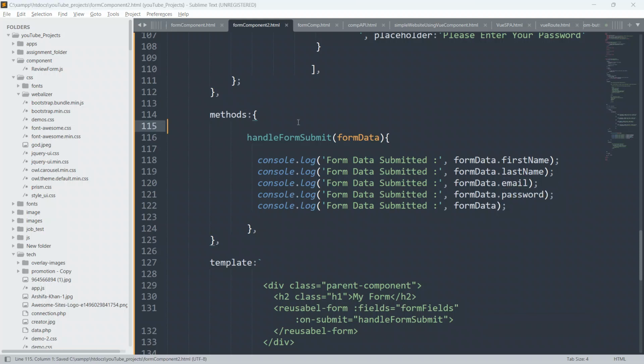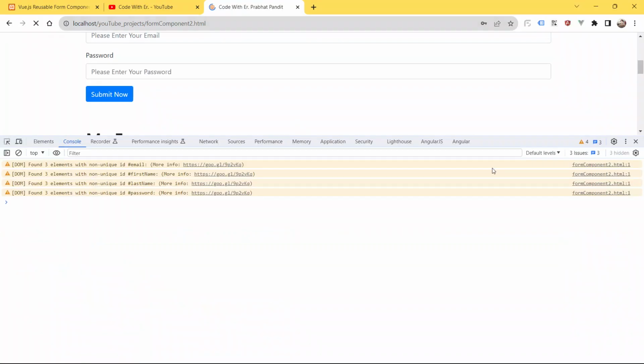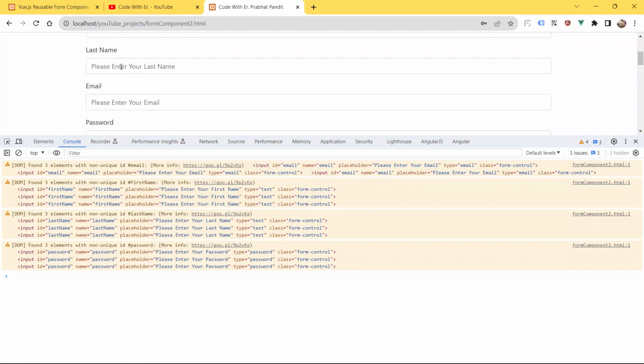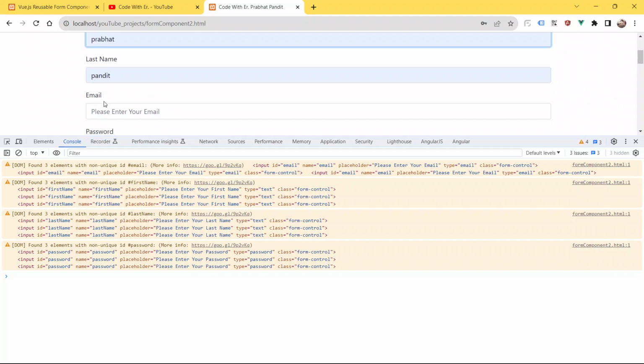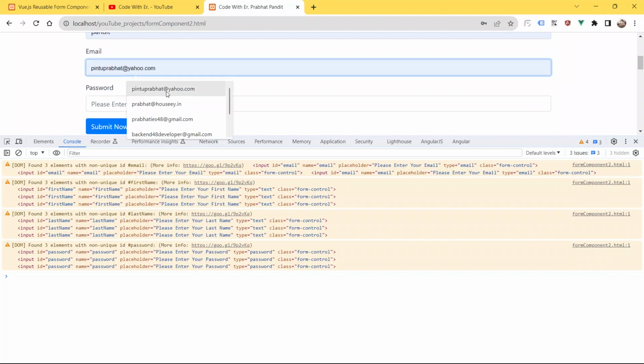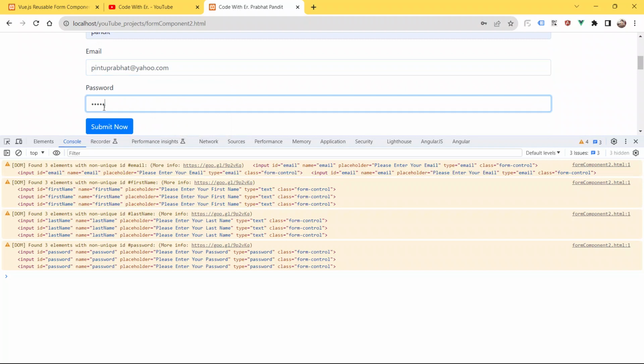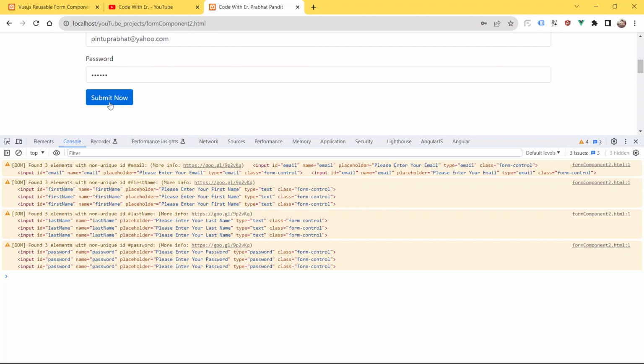So now save your code, go to the browser, and now refresh the page, and now try to submit the form. Okay, so first name is Prabhat, last name is Pandit, and give email address also pintuprabhat@yahoo.com, and give password 123456. Okay, so now submit the button.